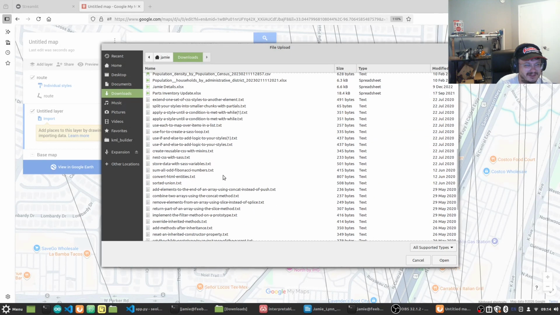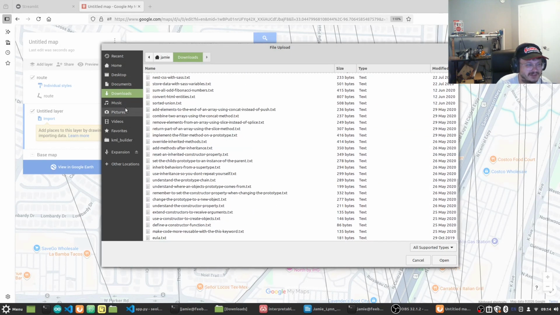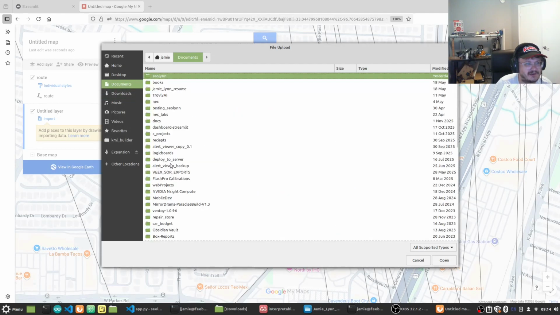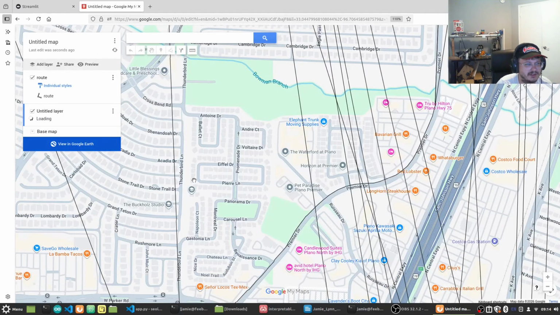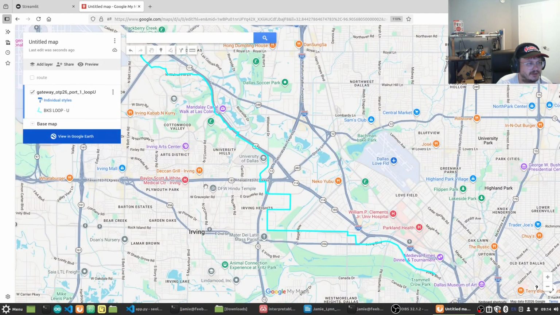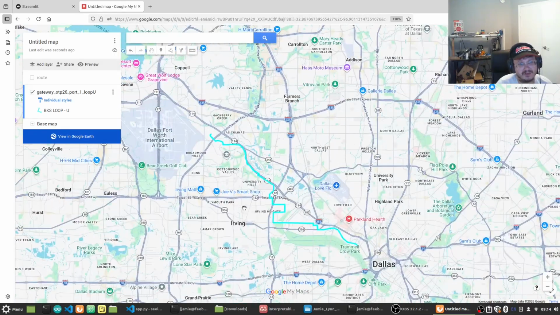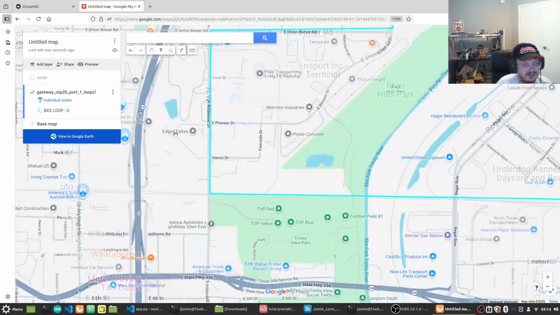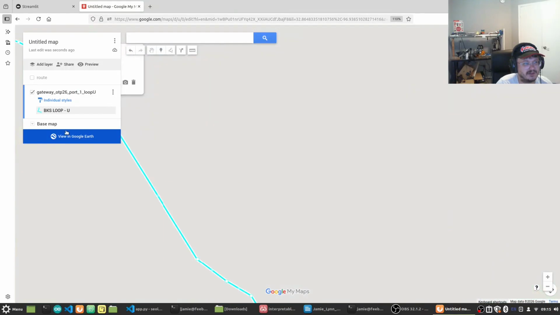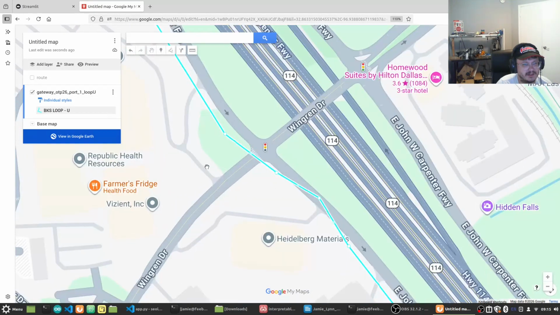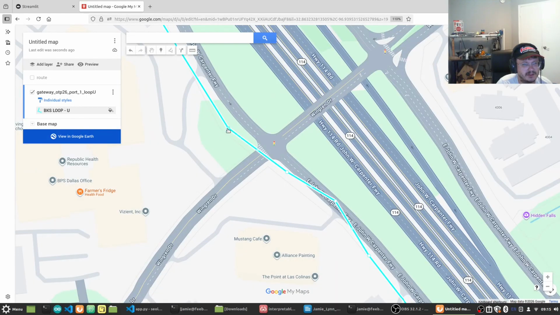Let's see if we have any XML or KMLs in here. Yeah, okay, we'll do one of these here. And we hide that one. That one is a lot better right there. You know, this is way better. And we can select it and then select it here. We can move it around. So this is the functionality I wanted,